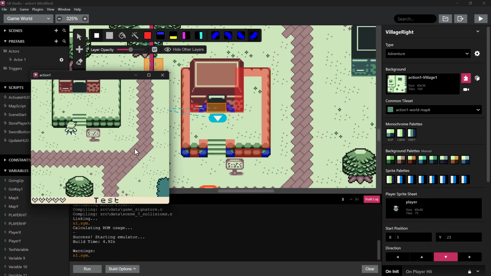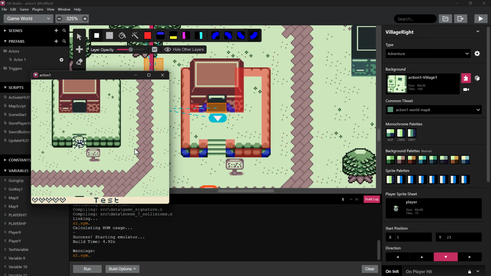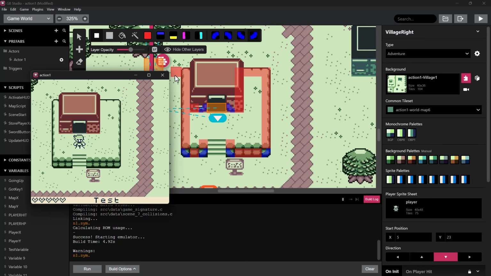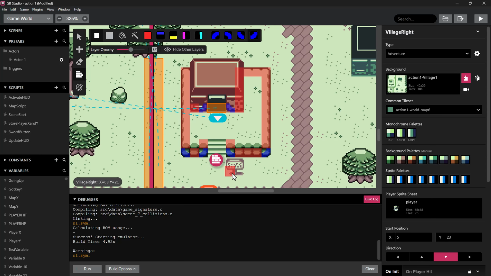If I'm all the way over too much, then it doesn't really work. But if I get pretty close to it, it'll just let me go right in, which is nice. So yeah, I think that works pretty good. So I'm gonna actually put a sign on